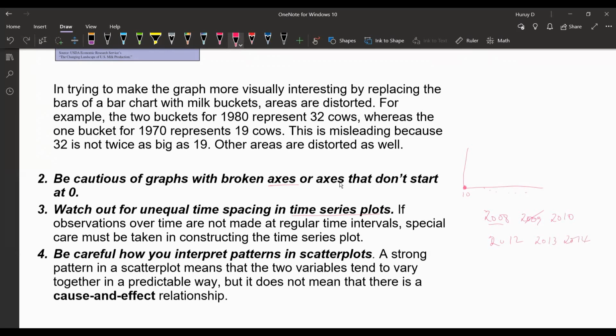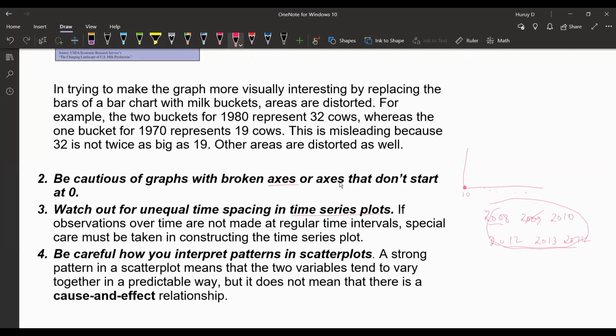So here we record data for every 2 years, but then it's consecutive for every year. Therefore, in this case, it will not be as easy as we think constructing this time series plot. So we have to be careful, and we have to look for alternatives